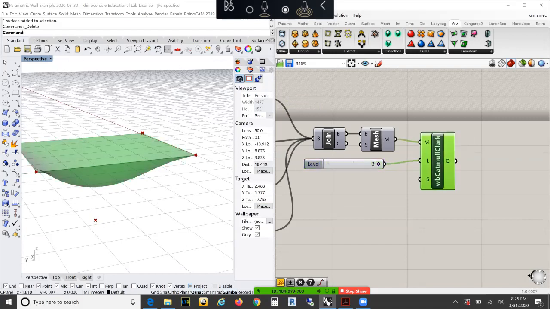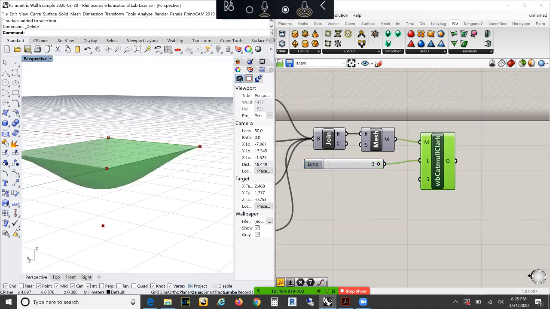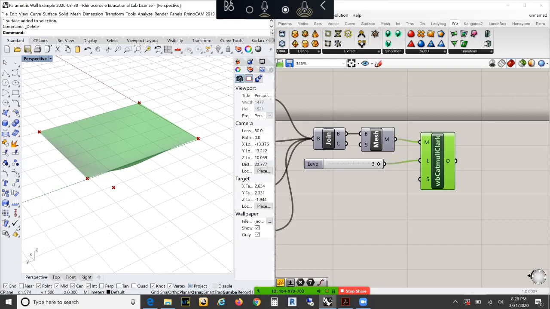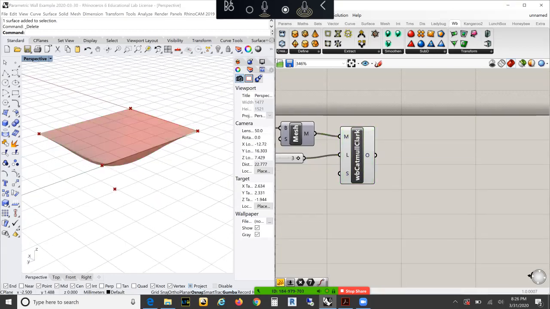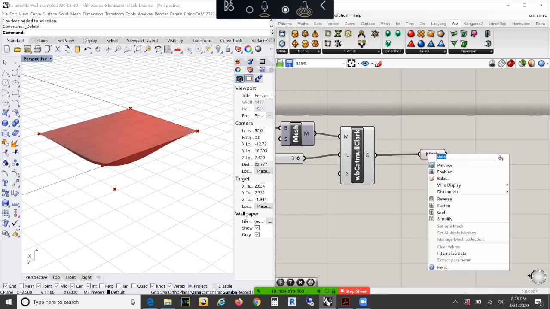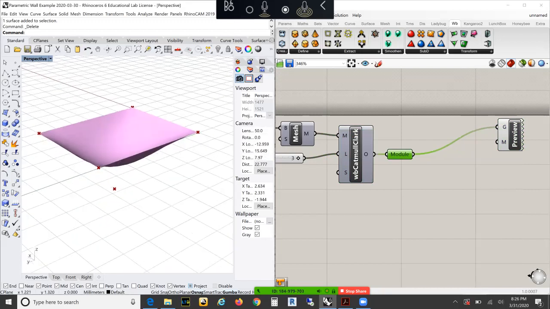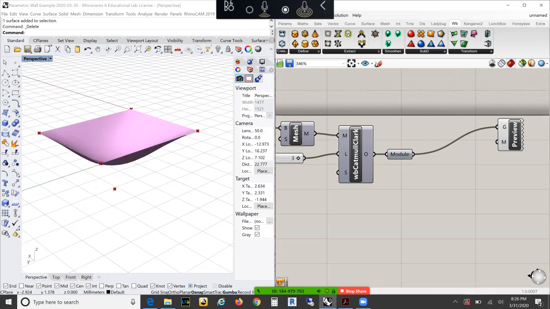Great. So this is getting a little difficult to read. So we're just going to get a mesh. We're going to call it a module. We're going to preview that, and we're going to get a custom preview. Put that in there. Unpreview that, and we're going to get a